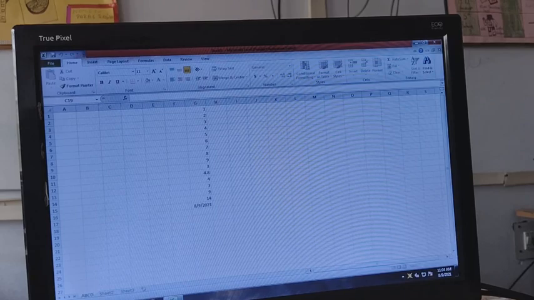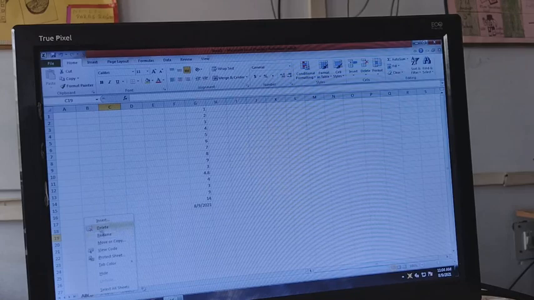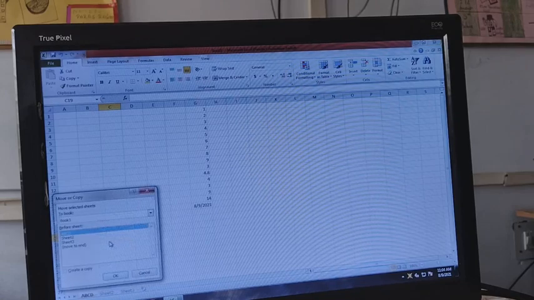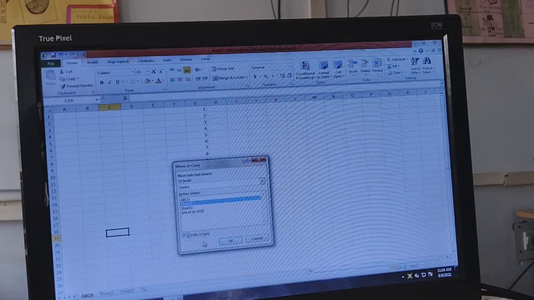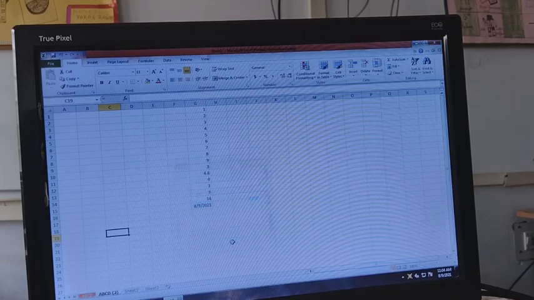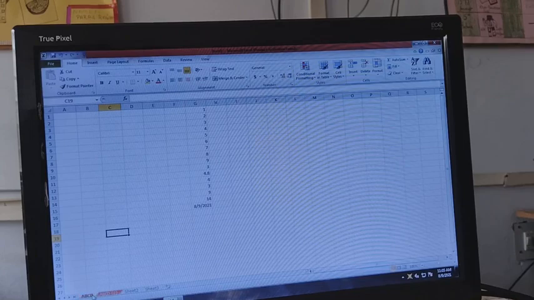Similarly you can also copy this sheet. What you have to do, you just right click here, you have the move or copy option. You can click on the move or copy option and you can move it to wherever you want. The box is open, and you can choose move to end, or in Sheet 2 or in Sheet 3. If you have chosen Sheet 2, then click OK, or if you want to create a copy, then you have to click on the checkbox Create a copy. Then it will not move this sheet, it will create the copy, and then you can click OK. See at the bottom it is written abcd2 and abcd. In both sheets the data is the same. So like this you can move the sheet or you can copy the sheet.